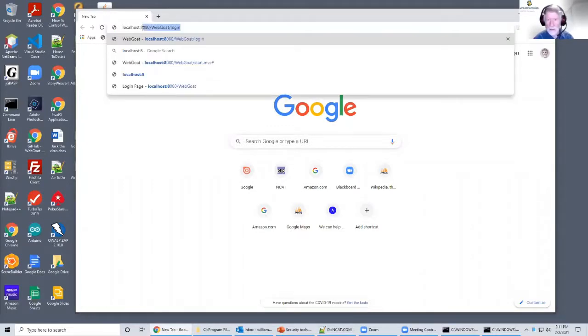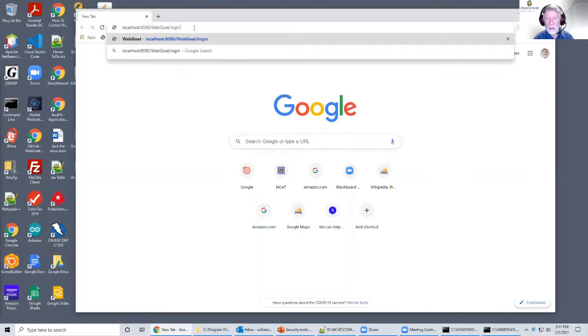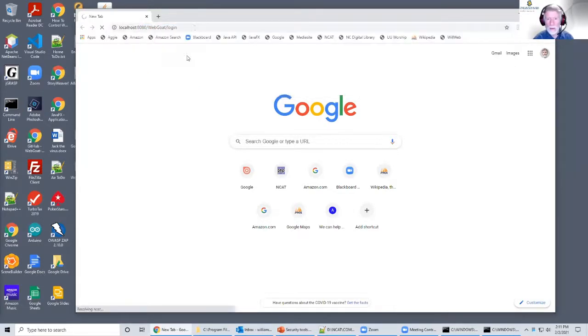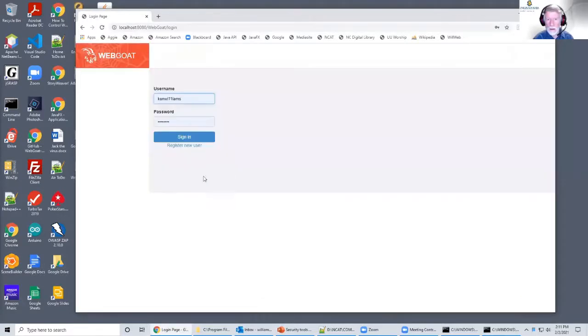Oh, actually, it's yes. Okay. There it is. Log in, and we'll click that. And there we are. We're on WebGoat. Sign in. I've got it already set up with my user ID and password, which is pretty unimportant because remember,